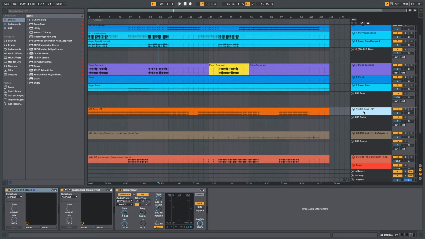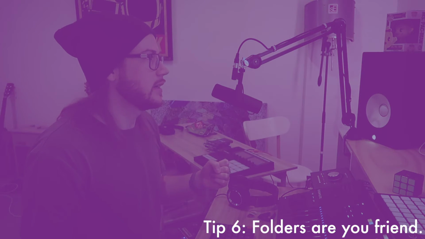I also color code my tracks a specific way always. Drums are always red, bass is always orange. That way when I come back to a track, again, it's super easy to see what I was doing, where everything is. One thing that I've started doing recently is actually making use of these